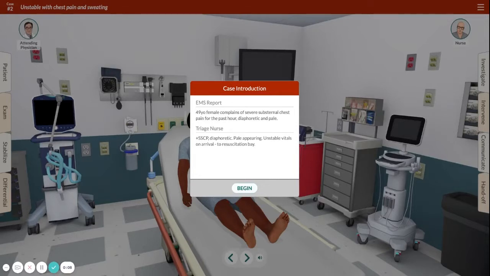Case number 2, a patient presenting with acute substernal chest pain for the past hour. This is a 49-year-old female who had acute onset of chest pain and now presented to triage with EMS complaining of ongoing chest pain. She's diaphoretic, pale appearing, and had unstable vital signs at triage, so she's been brought back